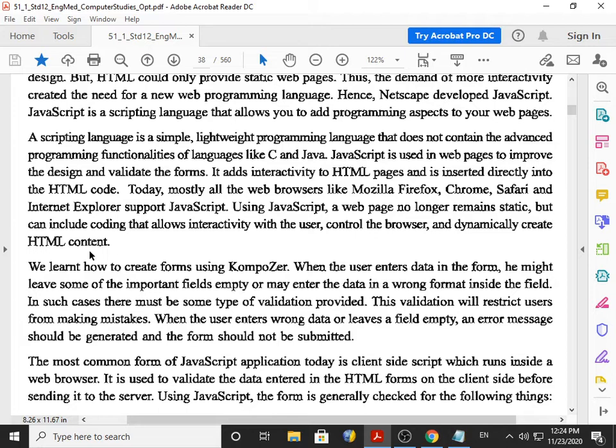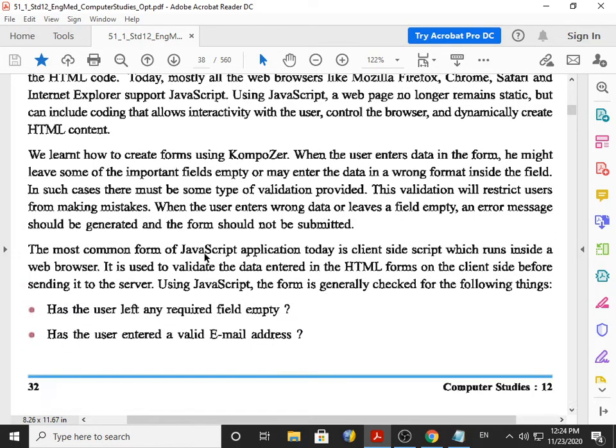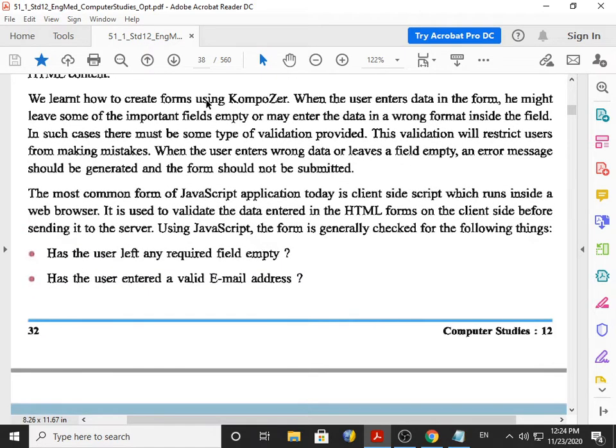Now the next point we have to go for: we learned how to create forms using Composer. We already discussed. Now when the user enters the data in the form, he might leave some of the important fields empty or may enter the data in a wrong format inside the field.